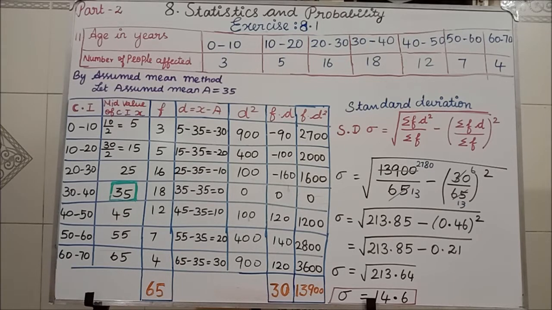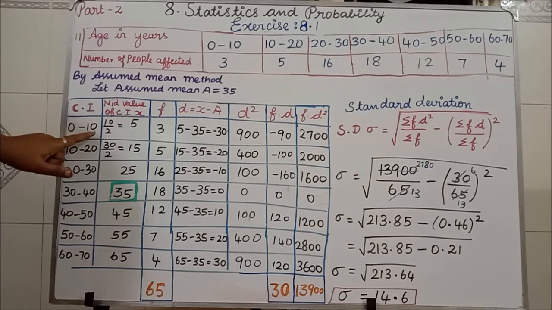So for this also, the same method we used for the 10th question, we are going to apply here also. Only the small difference is, they have given the class interval, isn't it? These are the class intervals. Using this class interval, we have to find the x data. How we have to find it means you have to add these interval values.